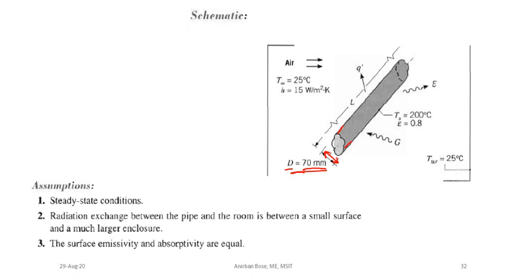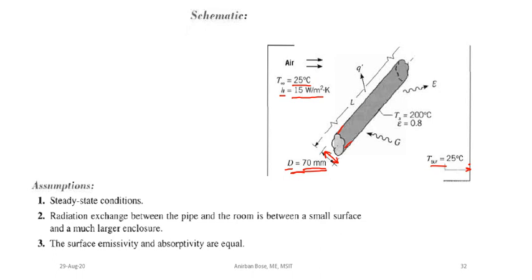The surrounding temperature is 25 degrees centigrade, that is of the air. T infinity is the symbol that has been used, and h, that is also given. That is the convective heat transfer coefficient h. And the wall also has the same surrounding temperature, 25 degrees centigrade, and that is why it is given that the wall is also at the same temperature. Here you see the length of the pipe, it is given as L, but no value of L has been given in the problem, so only L is written there.